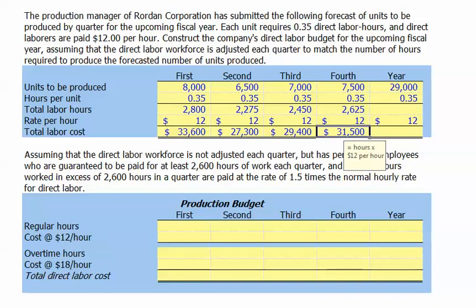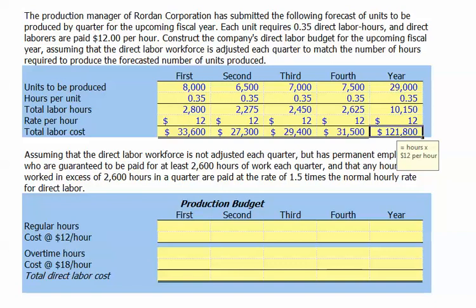$31,500. Our total labor hours for the year will be 10,150 hours, and our total direct labor cost for the year will be $121,800. If instead of being able to adjust our workforce to meet our production needs, assume that direct labor workforce